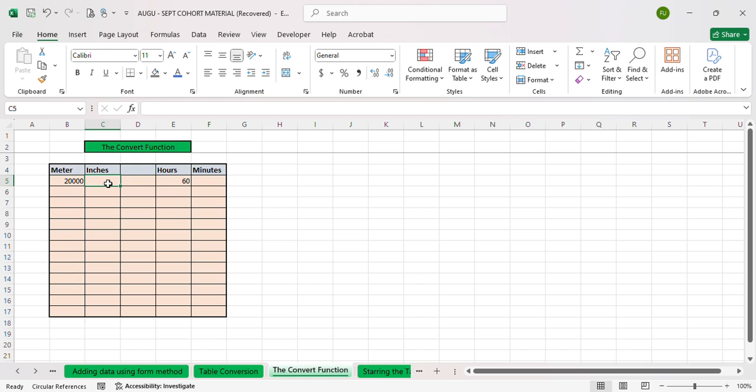So the first thing is to write the function, which is called CONVERT. All right, you open it, you pick the number you're converting, you put your comma. They now give you this option: what are you converting? And you can choose. You're converting meters. So pick meters. Comma again. What are you converting to? Do you understand? So we are converting to inches. Let's convert it to foot, and then close. So what that means is 20,000 meters will give you